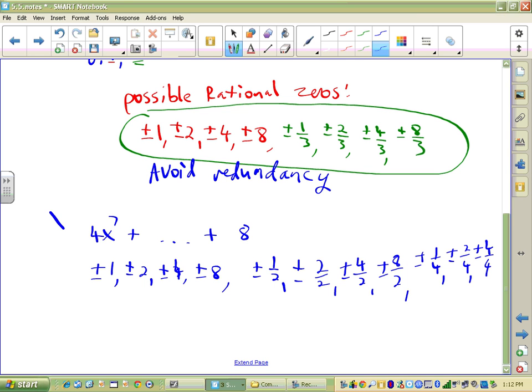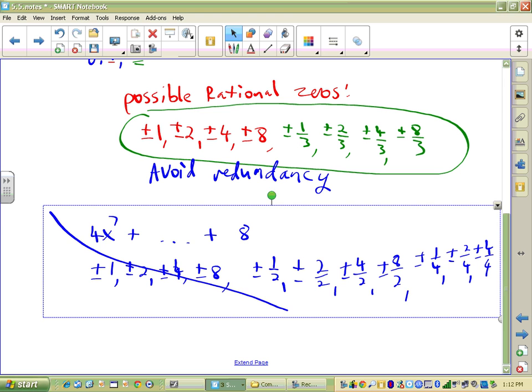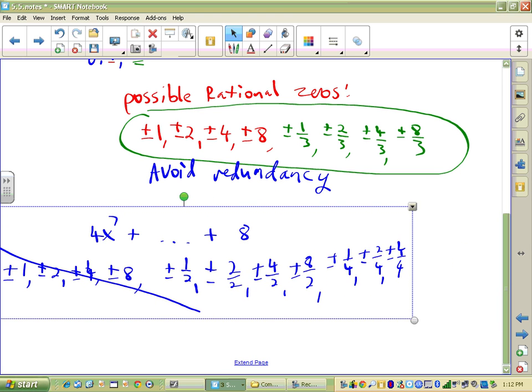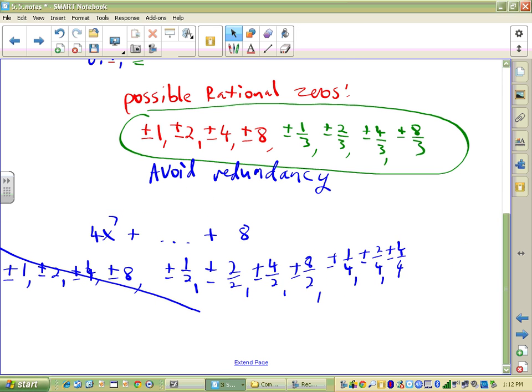And I ran out of room. I didn't mean to draw that line on the board. So let's slide all that over. So then the last one there would be plus or minus